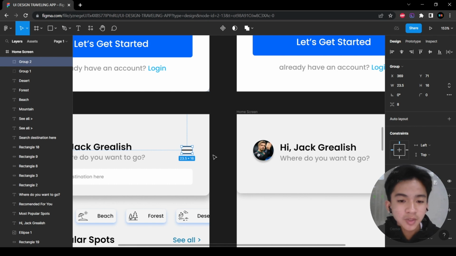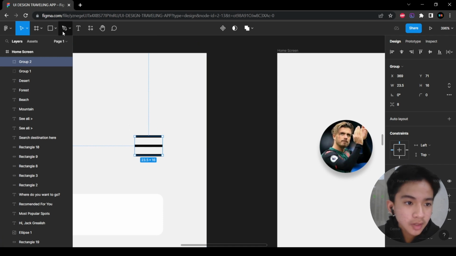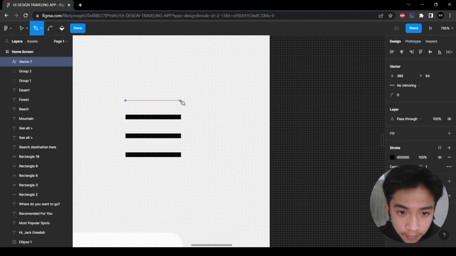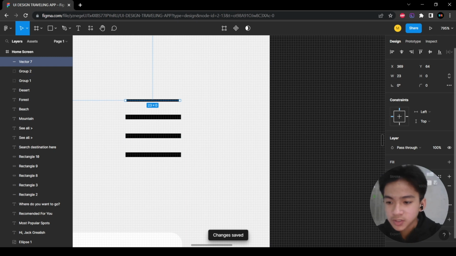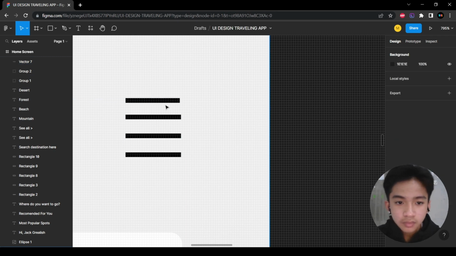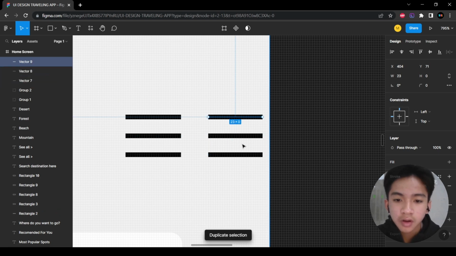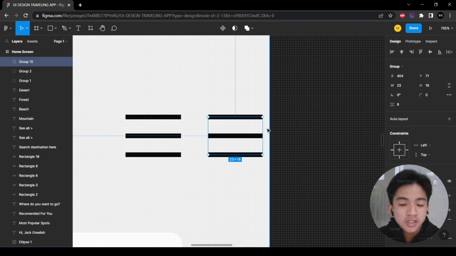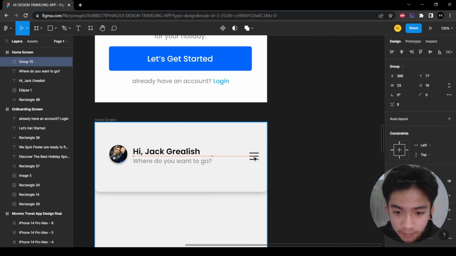it's for something. So to make it, we'll just make three simple lines, like so, and the thickness of each line is 2, so you can increase the thickness right here, and just duplicate and put it a little bit on top, like so, and then if you're done, just group it. So it's pretty simple to make. And then if you're done, put it in your frame, like somewhere around there,